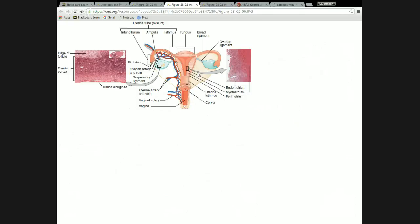The uterus has 3 layers of tissue making up its wall. The innermost layer is called the endometrium. The thick muscular layer is called the myometrium, and then the outer covering is called the perimetrium. What's not indicated in this picture, but is true, is that the endometrium actually has 2 layers within it. I prefer to call them the functional layer and the basal layer. That's just the English equivalents of other names that are given to them, which are Latin. Those are just functionalis and basalis, but it's pretty obvious which